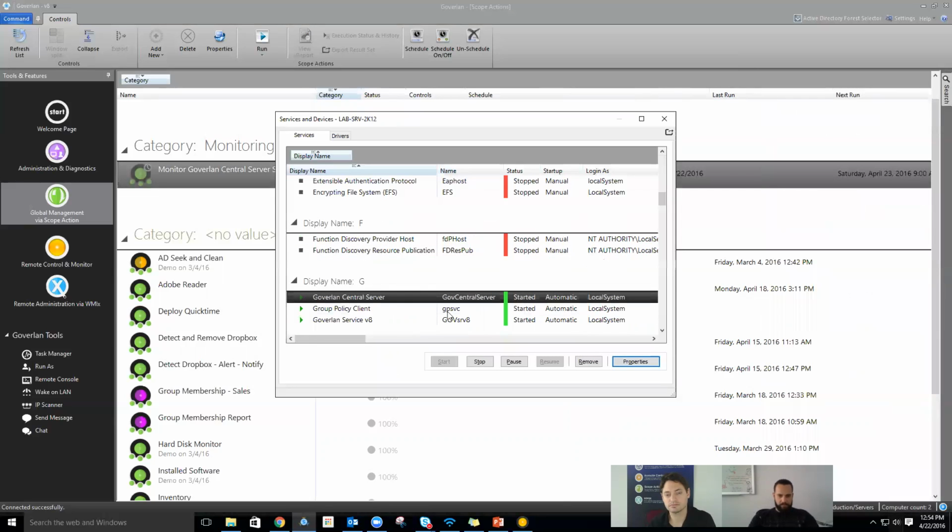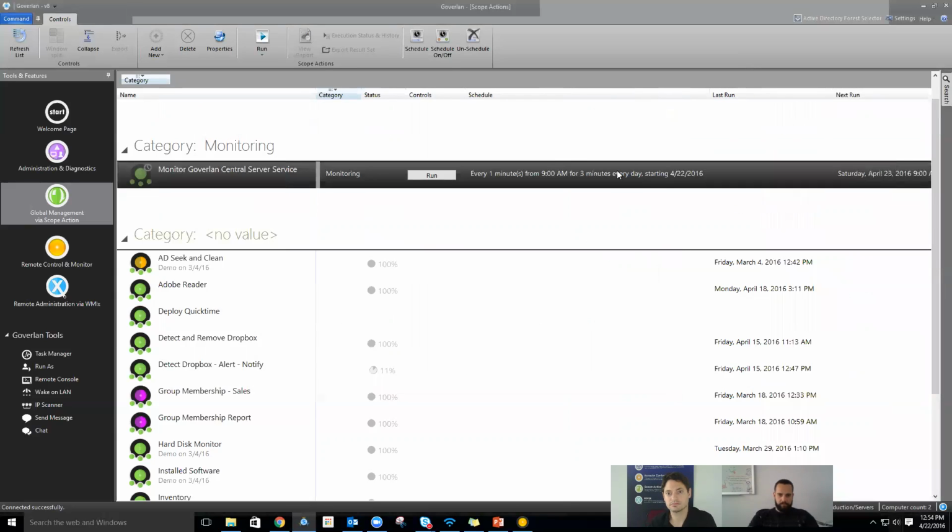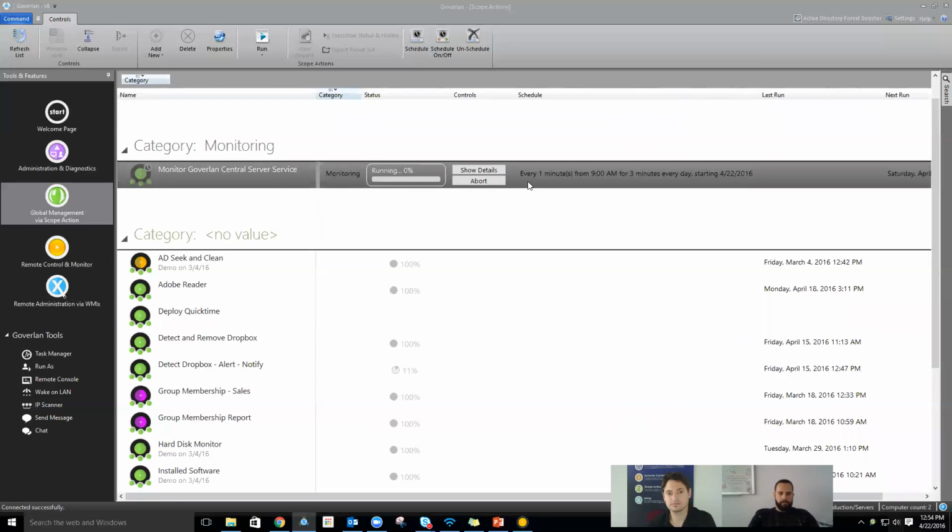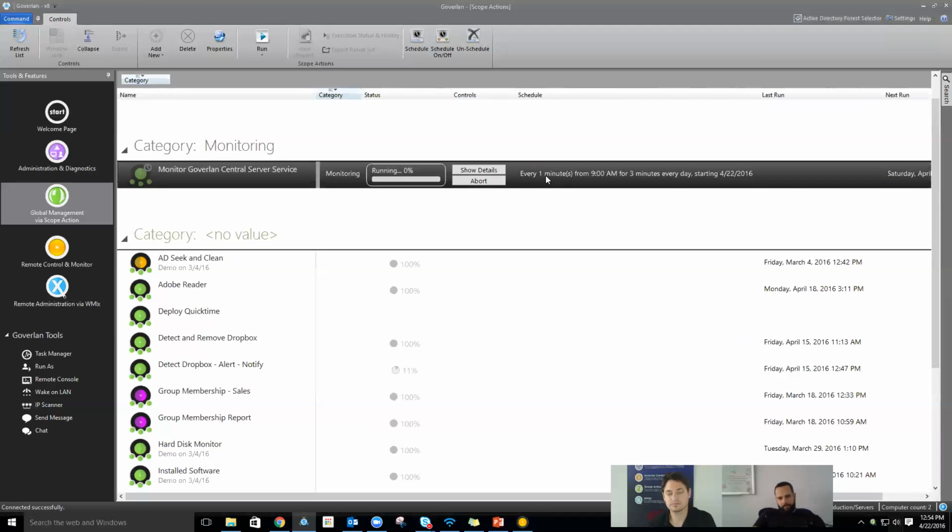Goverlan Central Server, as you can see, I'm going to stop it. Okay. Now what I'm going to do is close this and hit run. Now it's going to go ahead and run on the machine. And the thing about the Goverlan agent, just to give you a little breakdown while this is running,